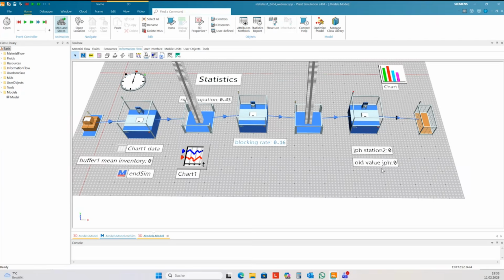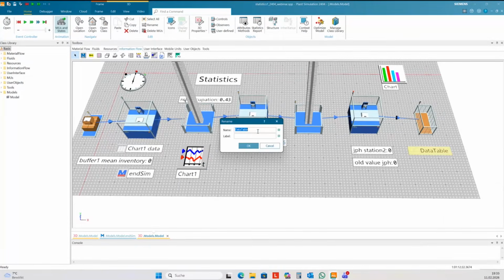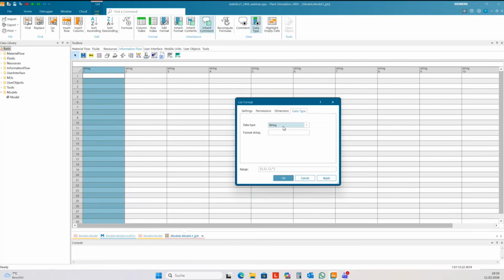Okay, and I want to record the jobs per hour into a table. It's only some integer values I want to record here.